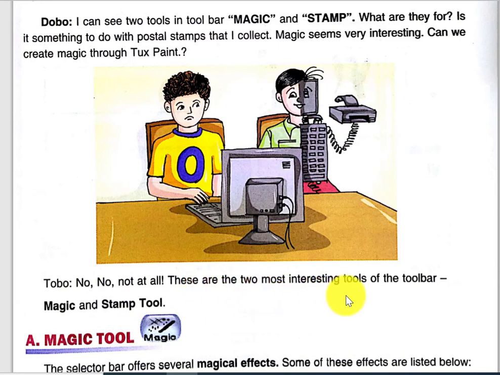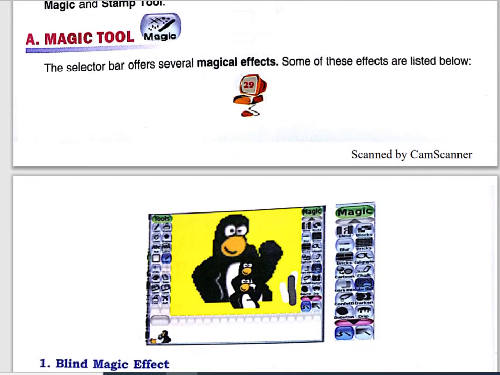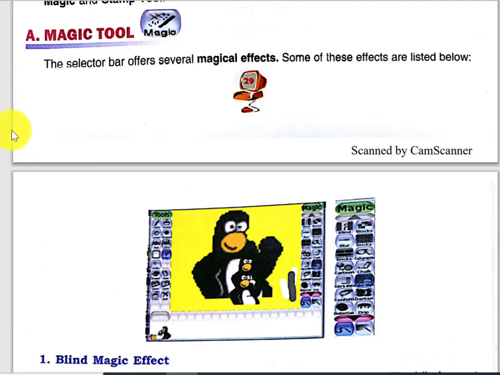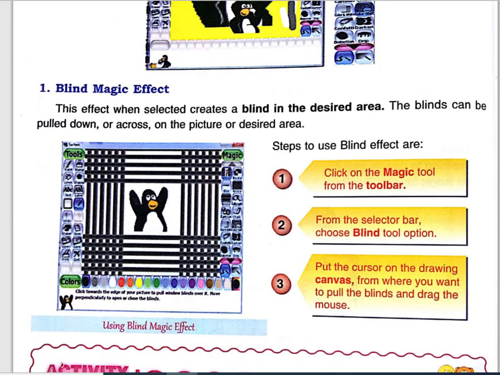These are the two most interesting tools of the toolbar, Magic Tool and Stamp Tool. Let's learn about Magic Tool. The selector bar offers several magical effects. This is the magic tool, and there are so many effects available in the magic tool. The first one is